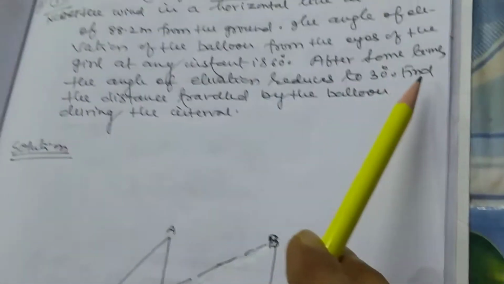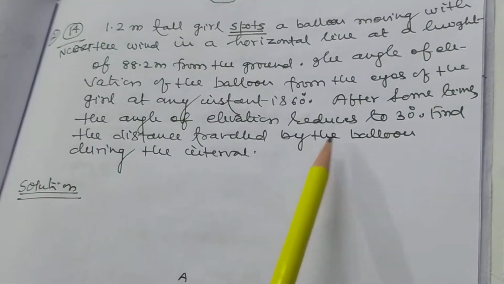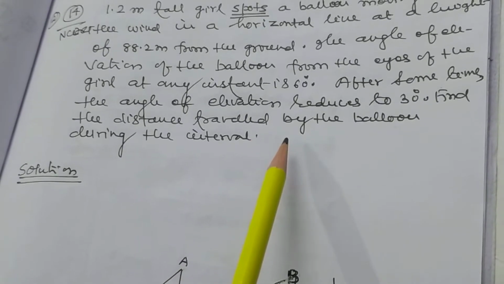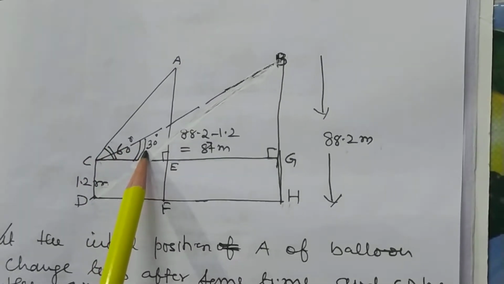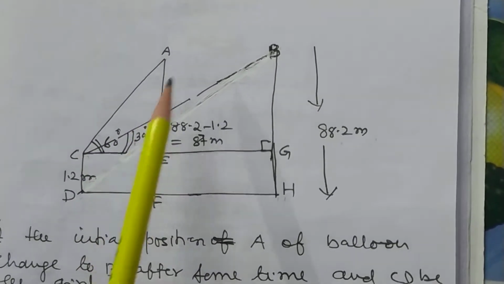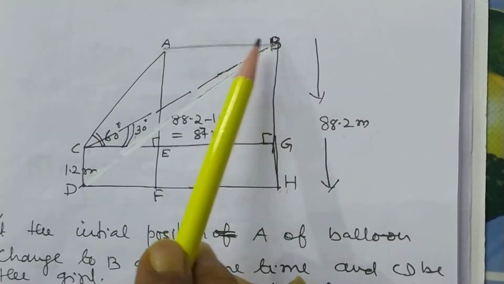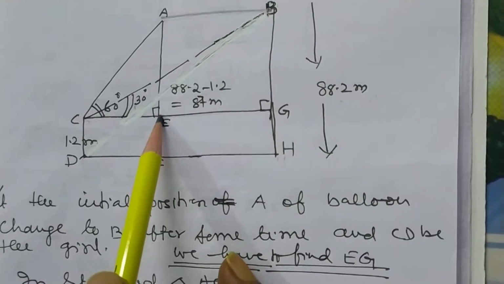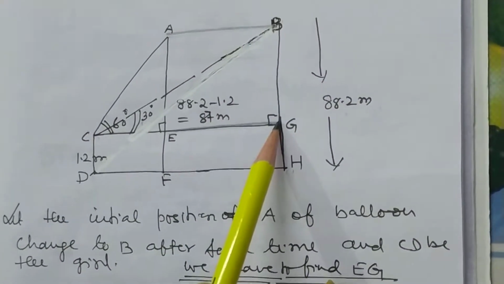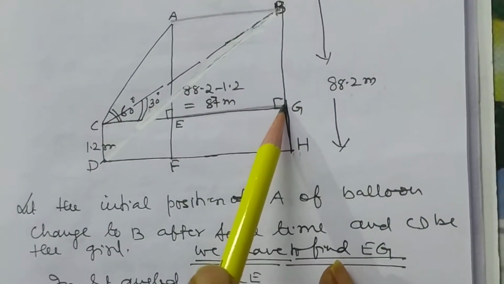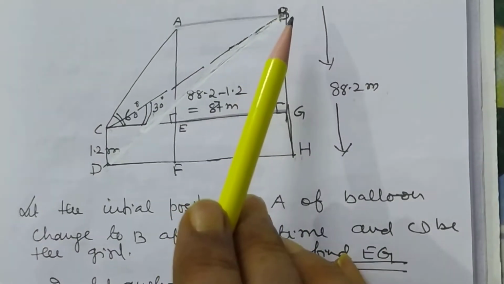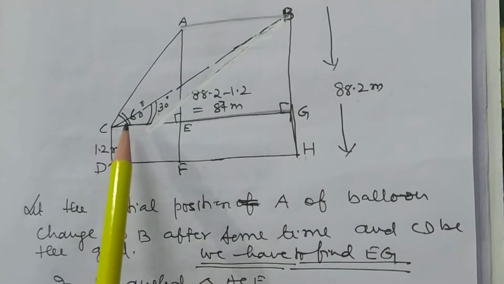So now find the distance traveled by the balloon during the interval. 60 से यदि 30 चेंज हो जाता है तो इस इंटरवल में कौन डिस्टेंस बनता है? AB. यही ट्रेवल करता है. तो यहाँ पर हमको EG निकालना है. कैसे EG निकाला जाए? First you find from right angle triangle BGC पूरा